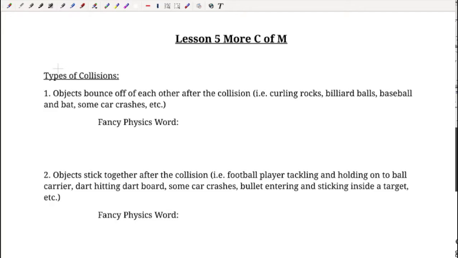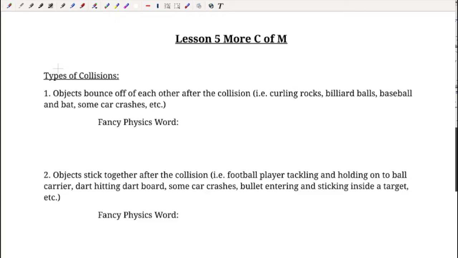In this lesson, we're going to take a look at a few more examples of conservation of momentum in the form of collisions. Remember that the idea behind conservation of momentum is that our momentum at the beginning is still equal to the momentum at the end for a closed system not affected by outside forces. So we're really just going to practice more of what we've done already, but to add to that, we're going